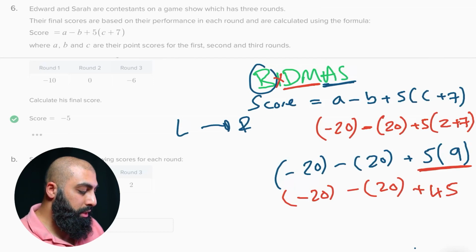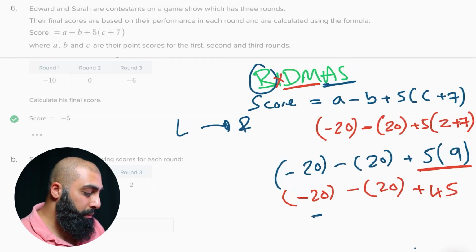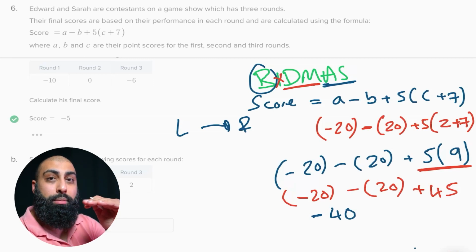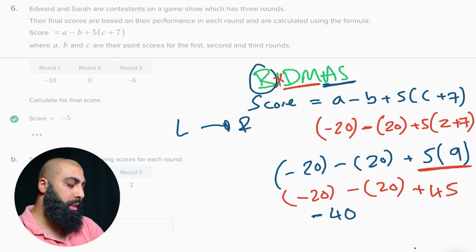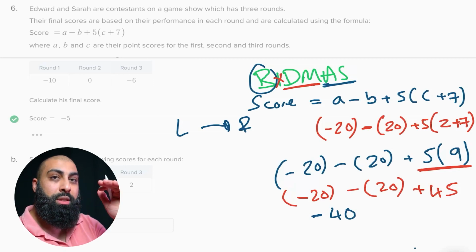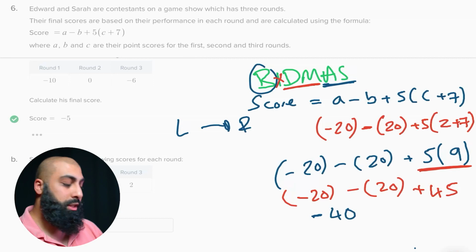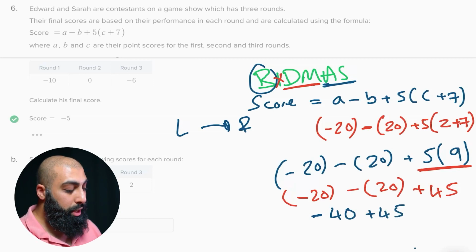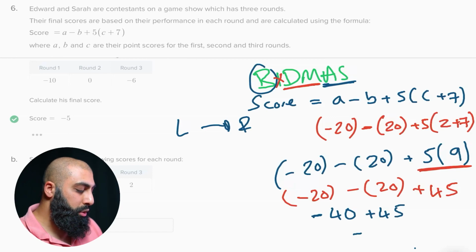So negative 20 subtracted by 20 gives us minus 40. Be careful with directed numbers here, okay? You have minus 20 and you are subtracting 20 more. So you're going down the number line, or you're going towards the left of the number line, okay? So we've got minus 20 and we're going down by another 20. So you get minus 40 plus 45, and then minus 40 plus 45 gives us a positive value of